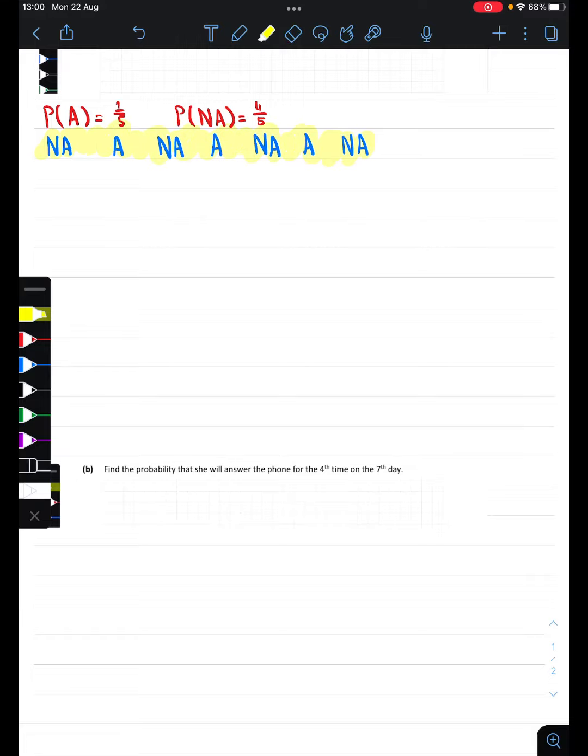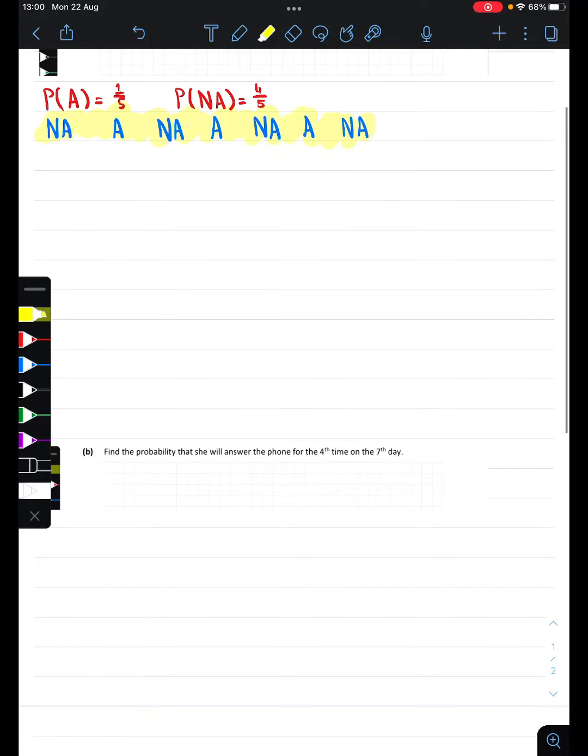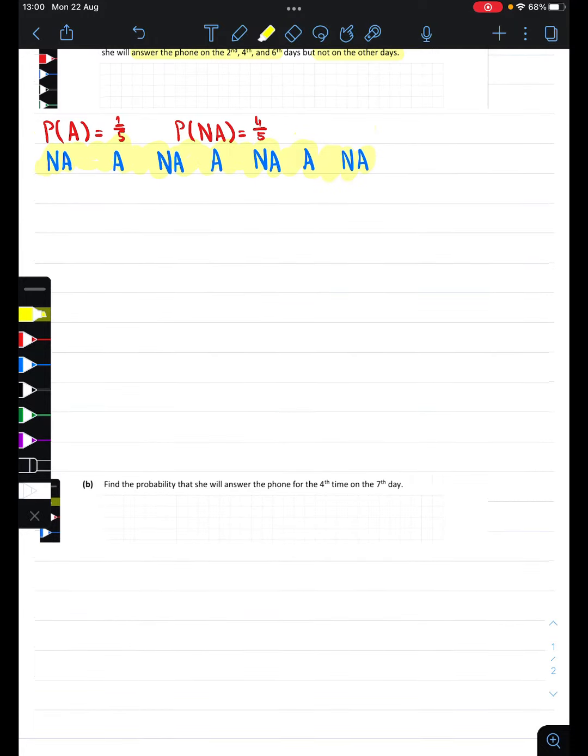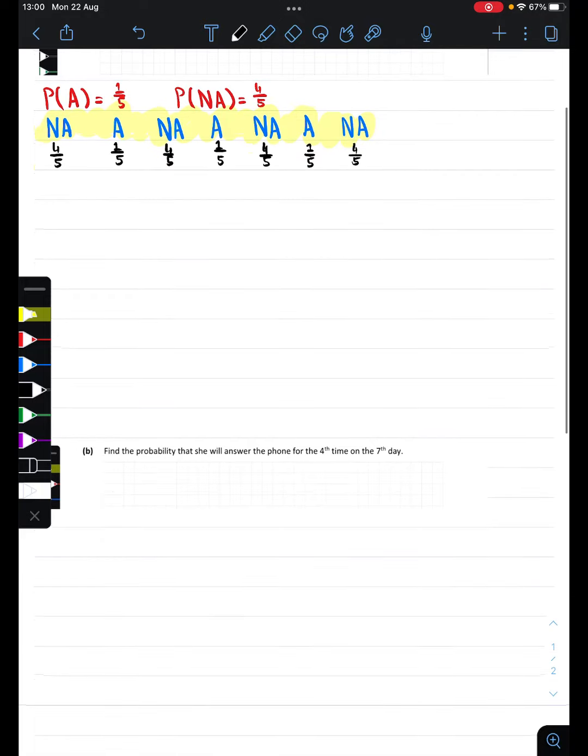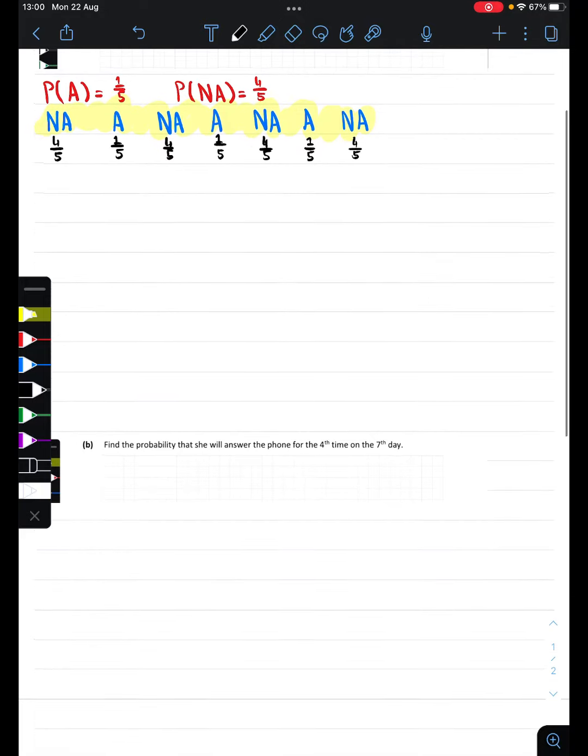then we can break it up into its 7 pieces and look at the probability of each individual thing happening. So the probability that she doesn't answer, so this is 4/5, 1/5, 4/5, 1/5, 4/5, 1/5, and 4/5. And so the probability of all of these happening, well, that's just the product of them all,